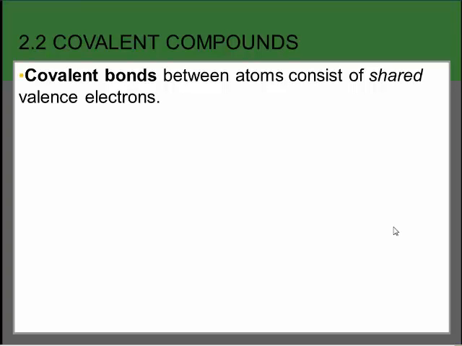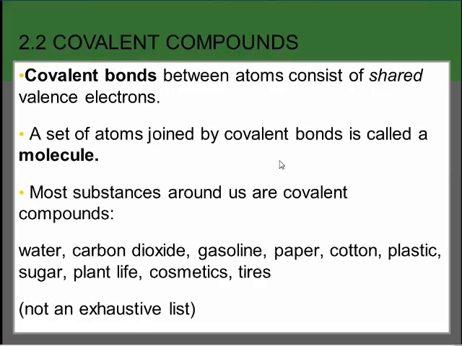So now we'll talk about section 2.2, covalent compounds, as opposed to ionic compounds. Now, as opposed to trading electrons between cations and anions, covalent bonds between atoms consist of shared valence electrons. So a set of atoms joined by covalent bonds is called a molecule, and most of the substances around us